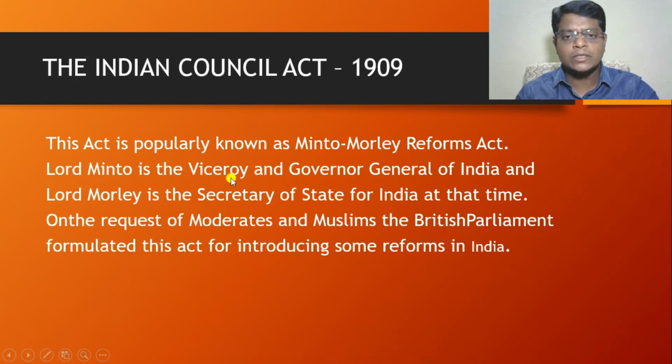Lord Minto was the Viceroy and Governor General of India at that time, and Lord Morley was the Secretary of State for India at that time. That's why, as they contributed to the making of the Indian Council Act, on the name of Morley and Minto, this act is popularly known as the Minto-Morley Reforms or